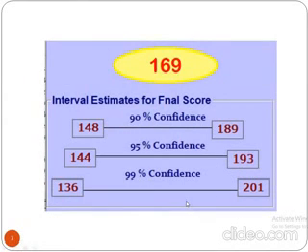Let us take another example in this regard, if the previous example is not clear. I am trying to estimate the total runs that my team will score in a 2020 match with some information which I have from their previous matches. And when I estimate it, I find that in 20 overs in this match, they will score 169 runs. So this is the point estimate. In interval estimate, you see the 90% confidence interval estimate is 148 to 189. This is 144 to 193, and this is 136 to 201.